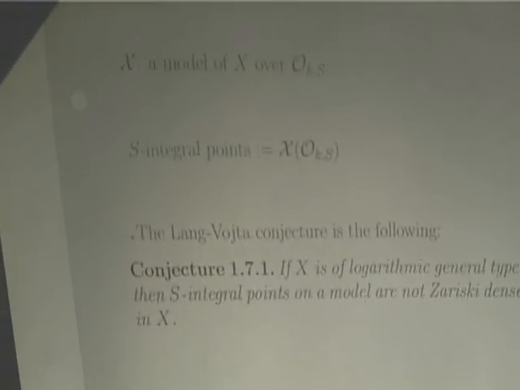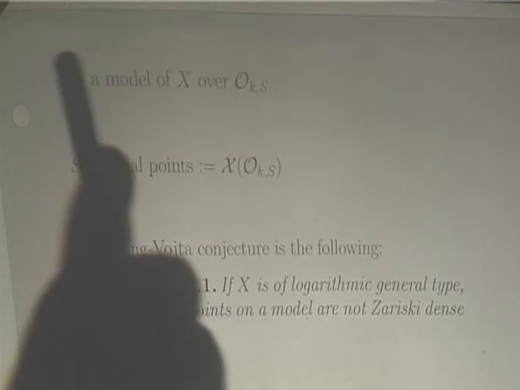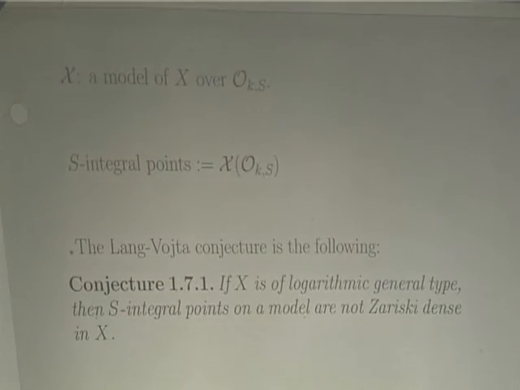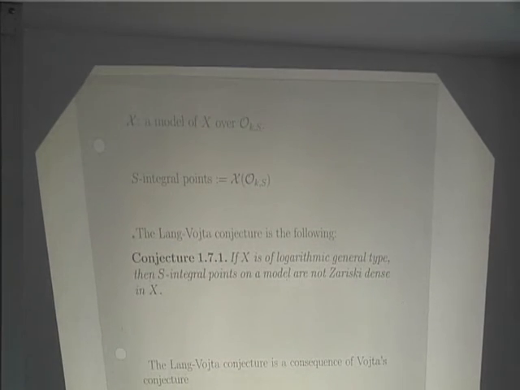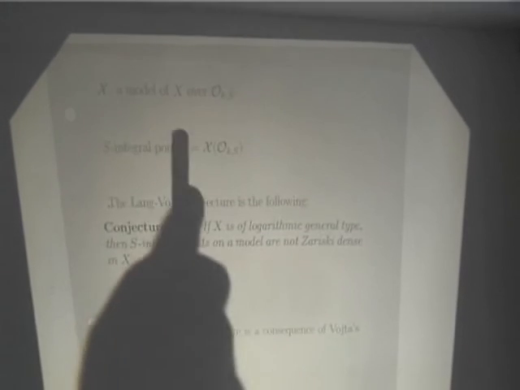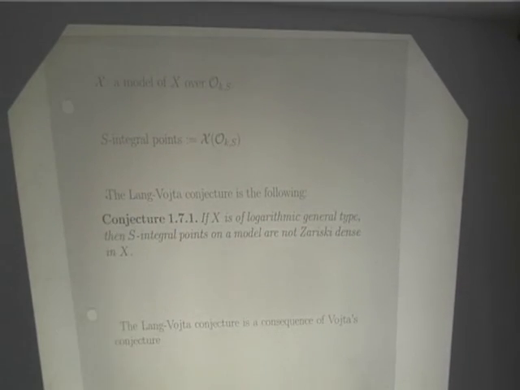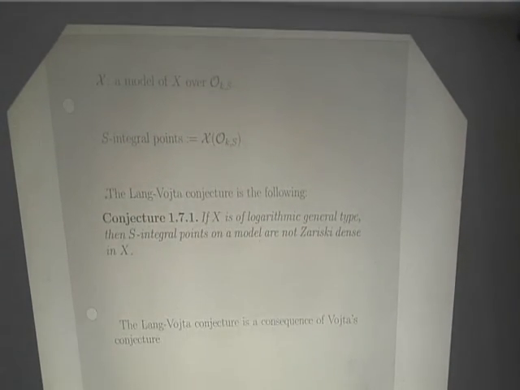So suppose script X is a model of X over the ring of S-integers of the number field, and then I define S-integral points in the usual way, just schematic points of this scheme script X. And the Lang-Vojta conjecture says that if the variety itself is of logarithmic general type, then S-integral points are